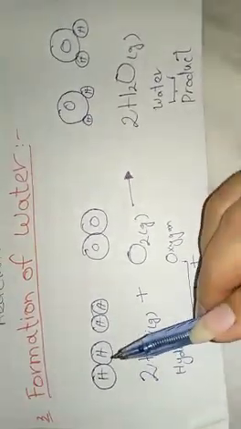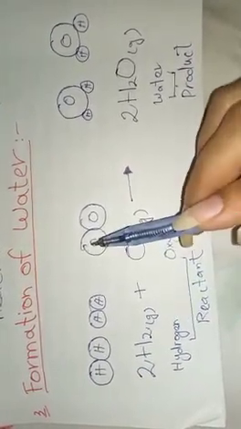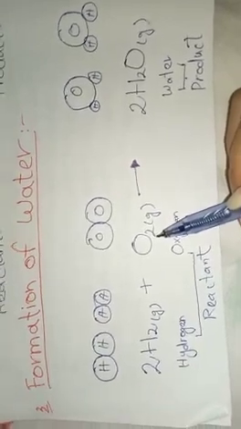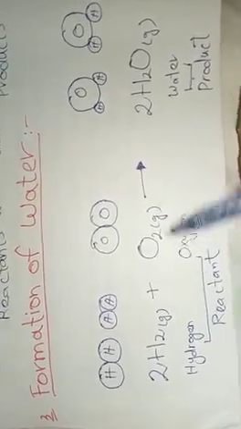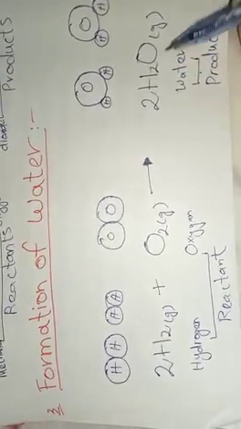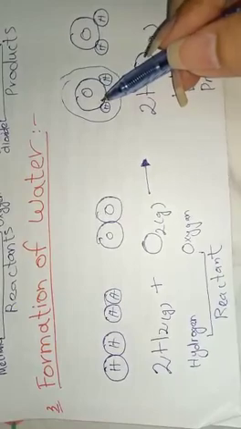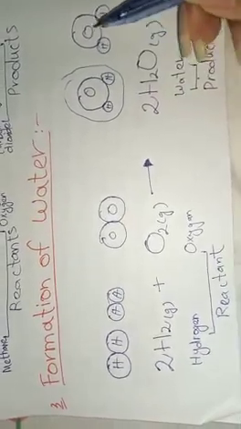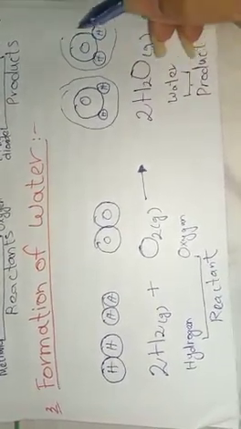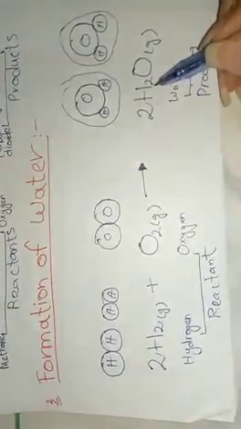It means that 2 diatomic hydrogen molecules take part in that reaction when they react with 1 molecule of diatomic oxygen. So the rearrangement takes place, and as a result of the rearrangement, 2 molecules of water or 2 moles of water are produced. Just look at this. Here this is 1 molecule of water with the formula H2O. Now here this is the second molecule of water that is formed. So here we will collectively write 2 moles of water.